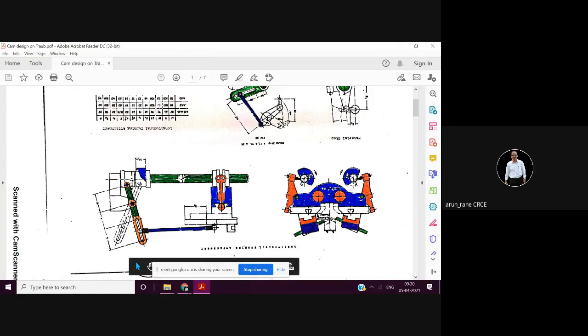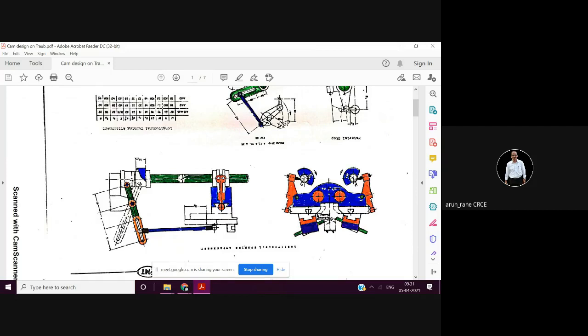Now these are the disc cams. This is your front cross slide and this is your rear cross slide. Now this front cross slide and rear cross slide move in and out. That is what is called the radial movement. Why will it move in and out? Because this shaft and this shaft will rotate.